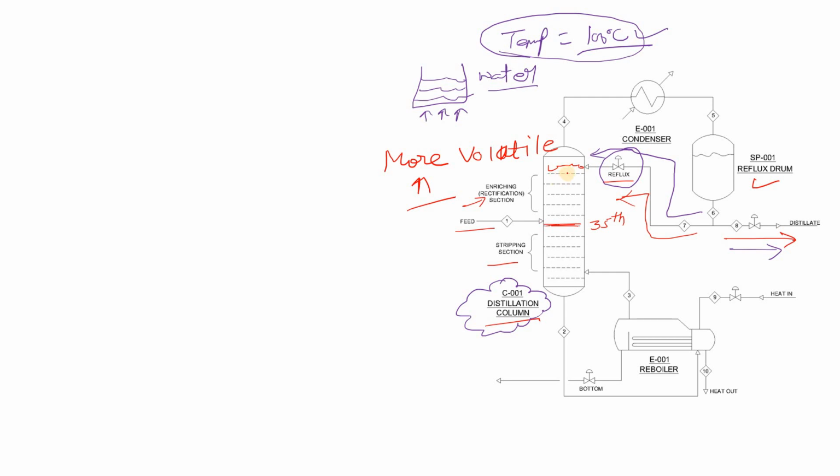Simply, whatever the liquid was earlier, that was converting into vapor at, let's suppose, 100 degrees Celsius. Now it will be vaporized at 95 degrees Celsius. So simply your energy will be saved. Now we are going to discuss what else will happen.